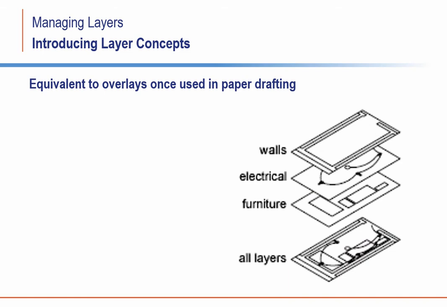You can also organize objects by function, and you can assign default object properties including color, line type, and line weight to each layer. For example, you might create a layer for the foundation of the building, a layer for the exterior walls of the building, and yet another layer for the interior walls. Then, you might have separate layers for light fixtures, HVAC, plumbing, and so on. This way, the entire building can be saved in a single drawing file, and you can use layers to control what you want to see at any particular time.